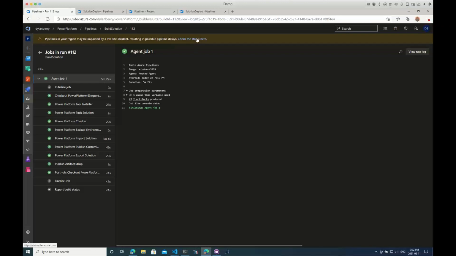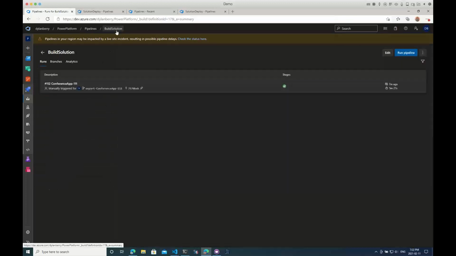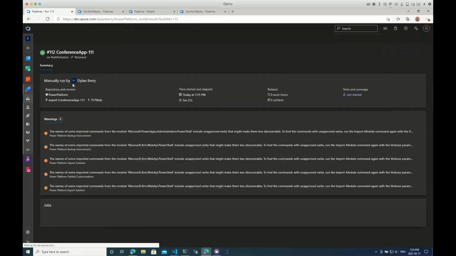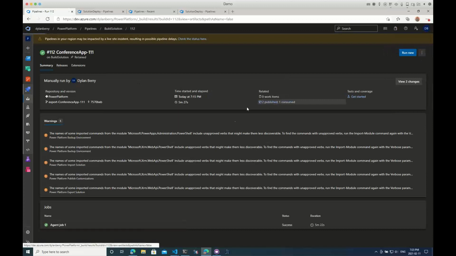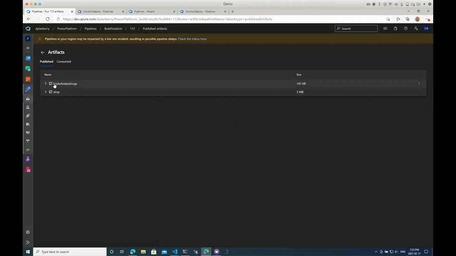Okay, so we're good here. This means our solution was deployed to our build environment. Now we have a drop artifact available. If we look at our build here, we've got a couple of artifacts, we've got code analysis. So this is kind of interesting. There is a Sarif viewer